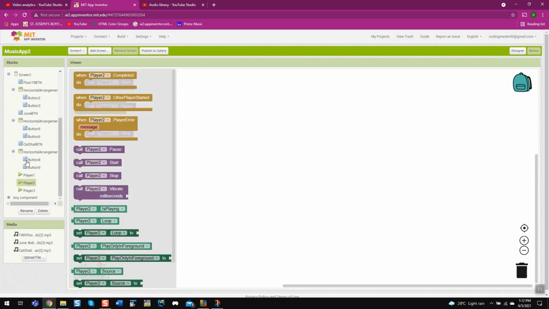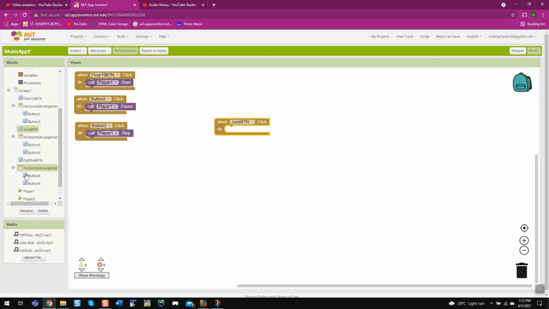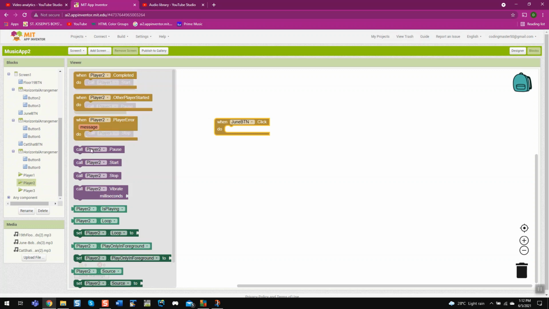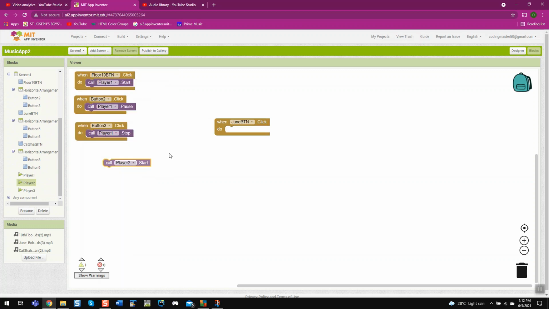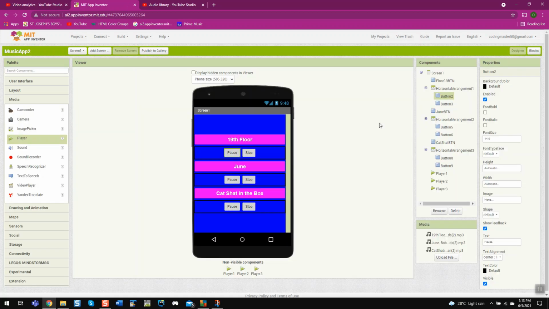So when June button dot click, set player 2 dot start. When button 5, because as you can see here, we need to correct it or else it will become jumbled up.